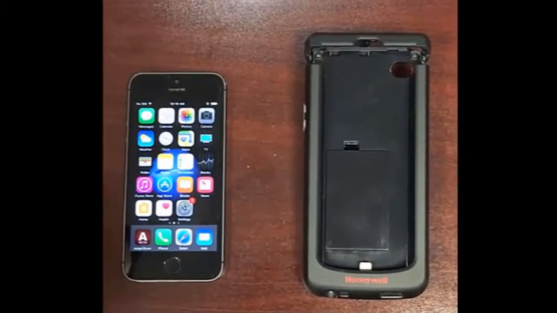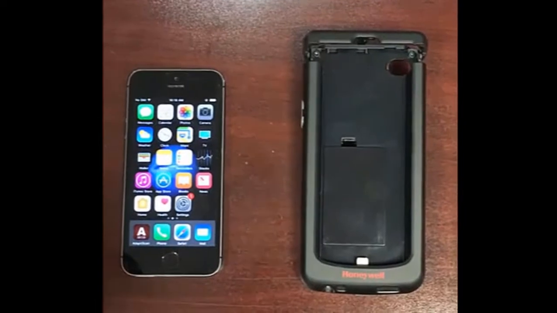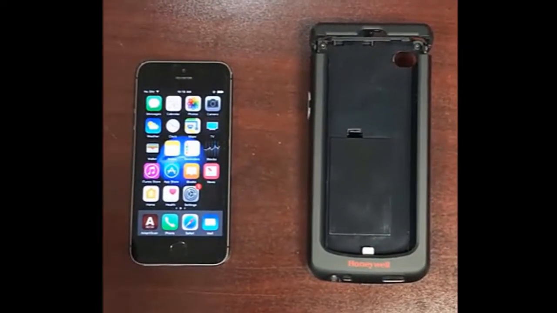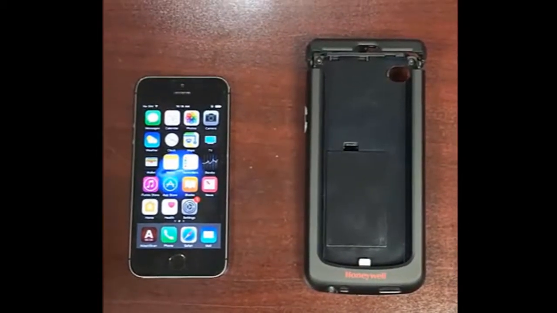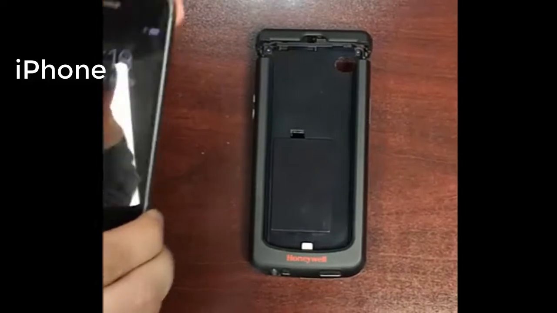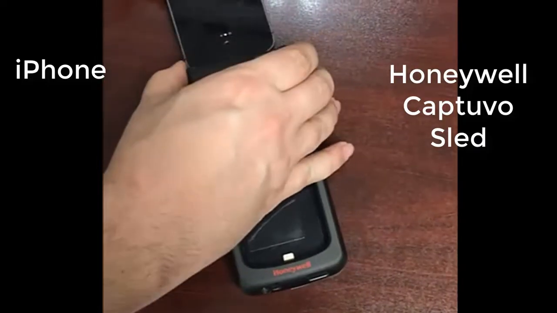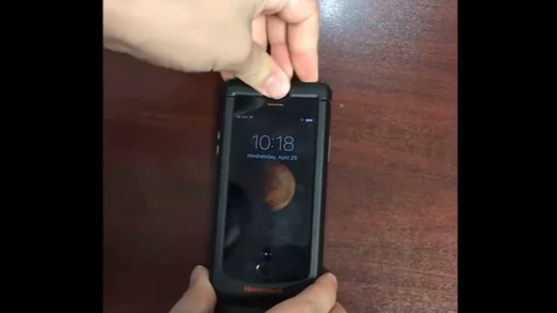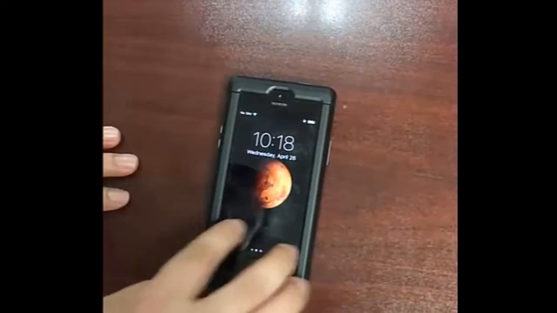Okay, so we're going to be demoing our Warehouse iScan app, and first we're going to start by showing the components and what we use. In order to get this started, we're using two pieces of equipment, an iPhone and the Honeywell Captuvo sled. You'll see on the top of the Captuvo sled, it opens up, and then the iPhone is just slid in. It attaches at the top, and then once we power it up,